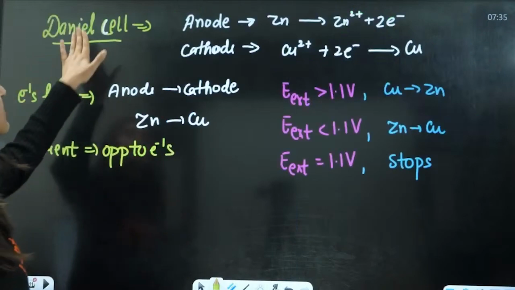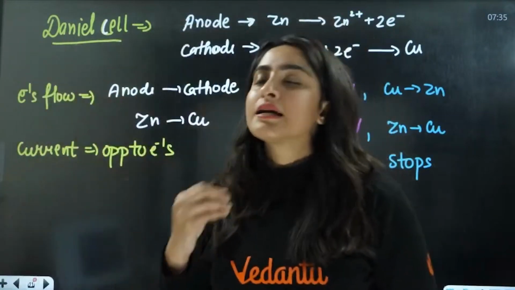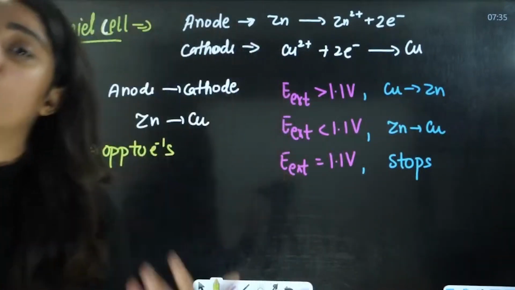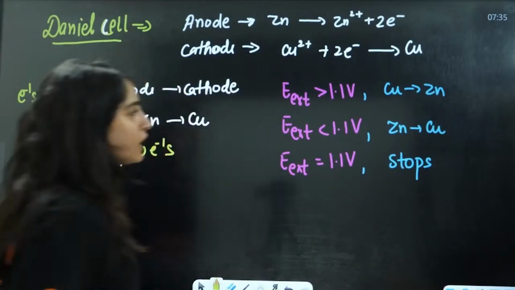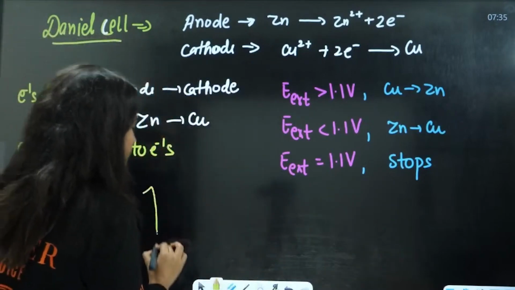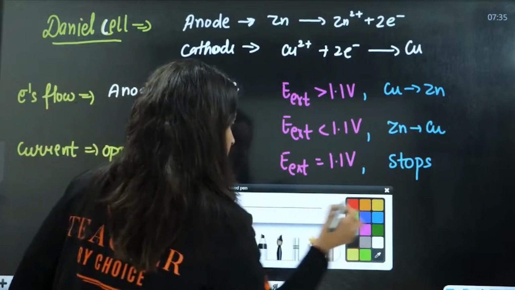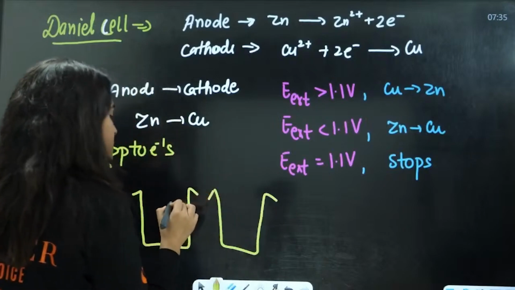Next we have Daniell cell. That is an electrochemical cell. This is also called galvanic cell, voltaic cell, all these things, right? Now, here in this case, we take two things here. This is a beaker. I'll just write it here, as this is just for revision. I am not explaining it that much in detail.